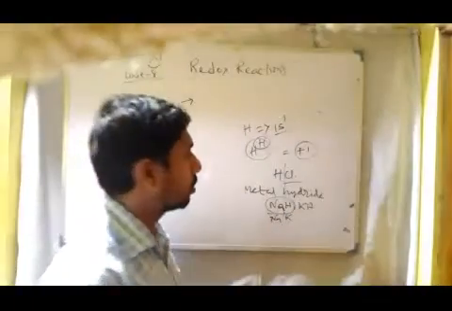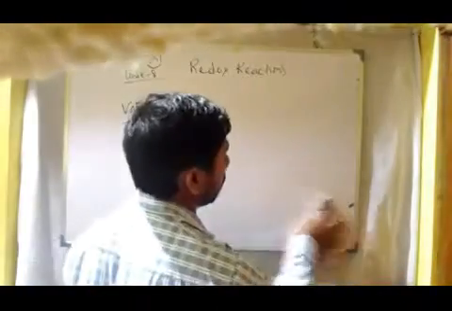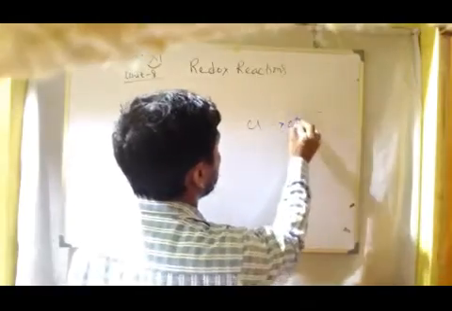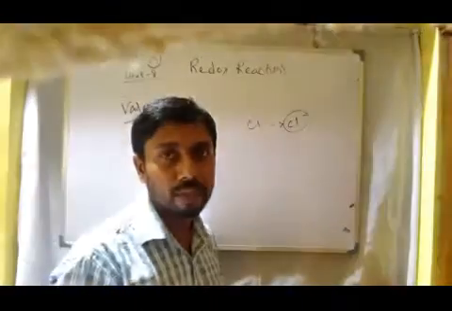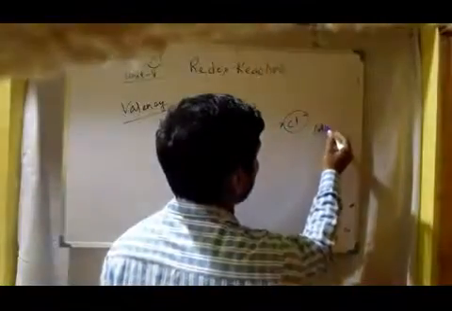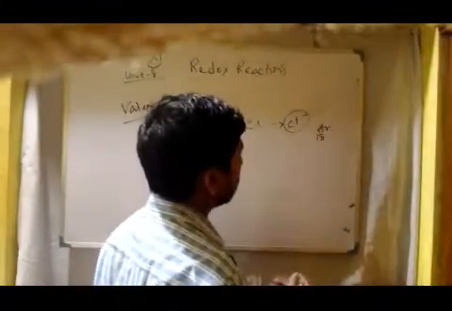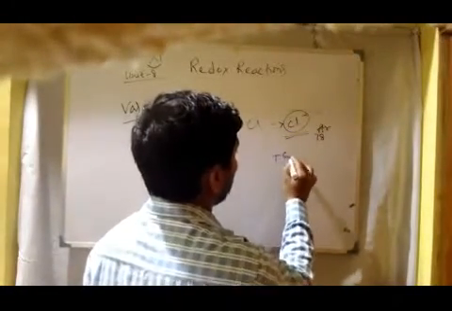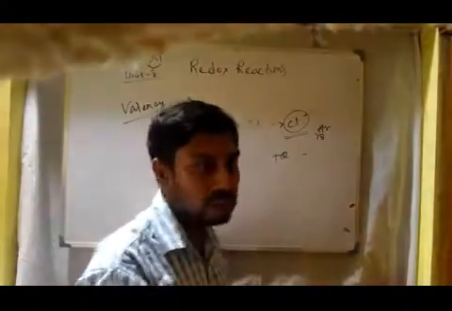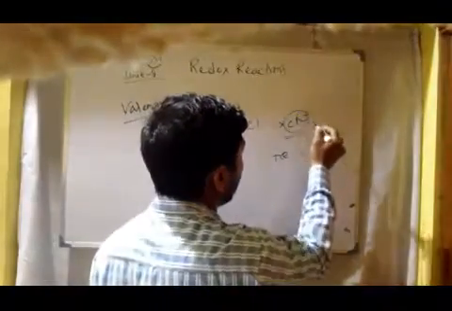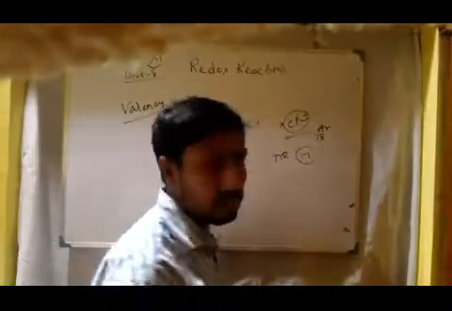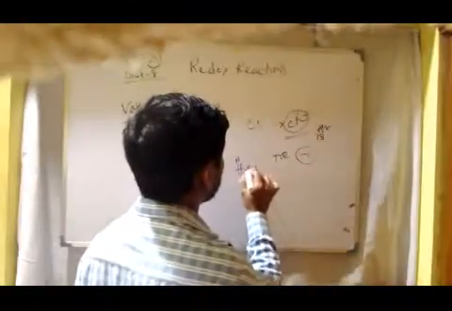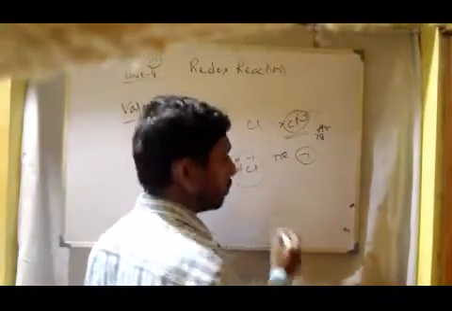Next one, the oxidation state of the halides, that is Cl. What happens is Cl goes to Cl minus, reaching the nearest noble gas configuration of argon, with 18 electrons. Only one electron is taken up by the chlorine atom. As an electron is taken up and the charge is -1, its oxidation state is -1. So how does a molecule become neutral? In HCl, this is +1, this is -1, so overall it becomes neutral.